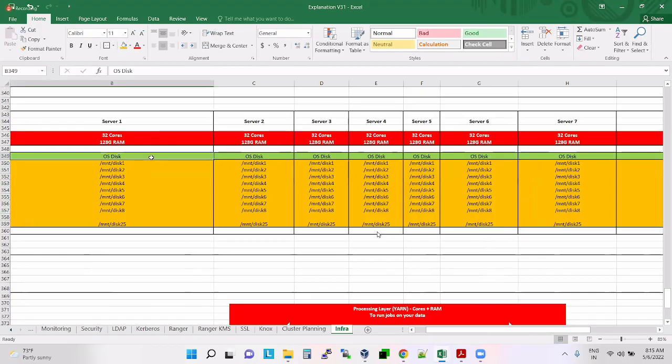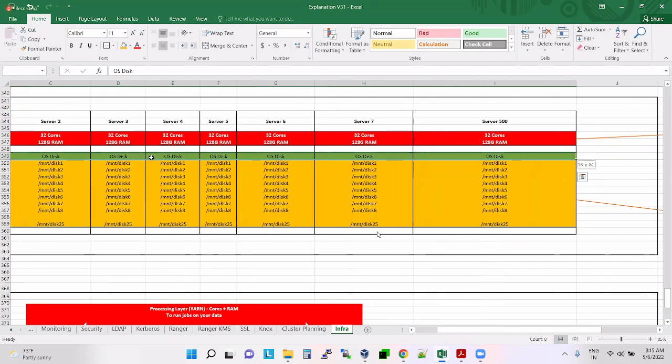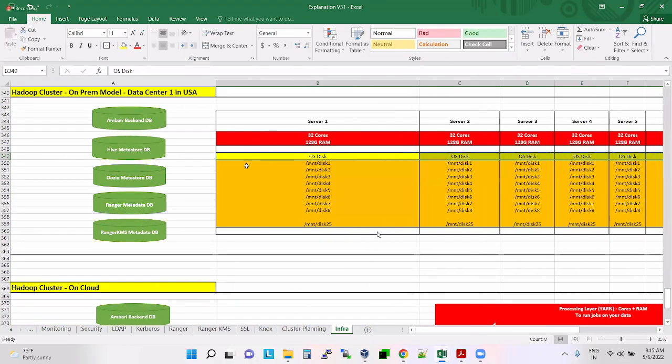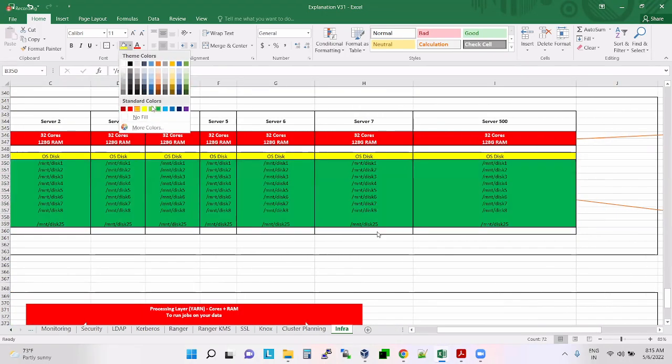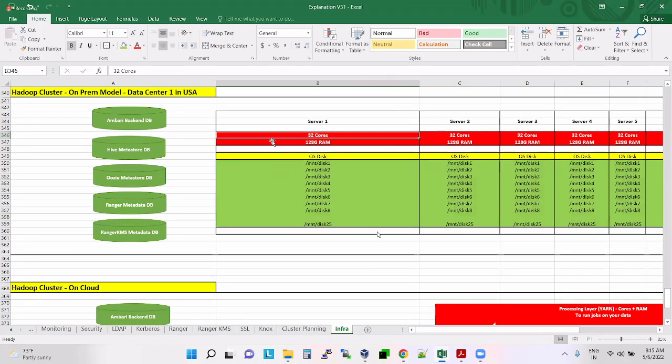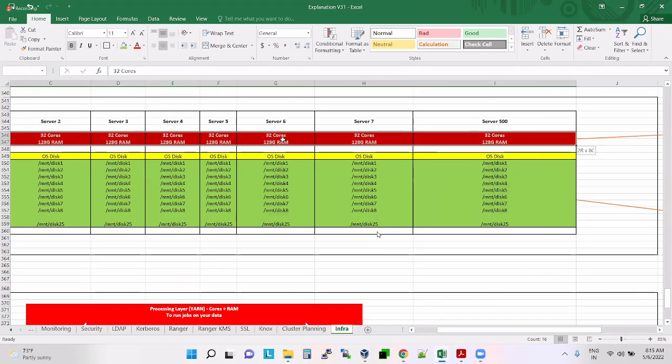Okay. So I'll use the same color coding. For the OS, I'll put yellow color. For the disk, I'll put a green color. For processing, I'll put amber color.